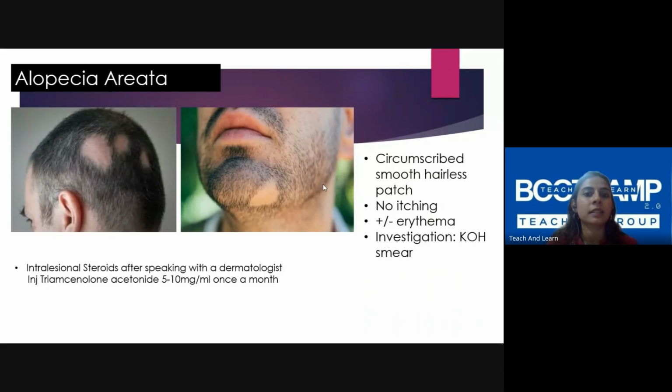Now, next is another type of hair fall, which is alopecia areata. A lot of you guys got this right during the quiz. But one thing that you have to be very careful of is distinguishing this from tinea capitis. So examination comes into play here also. Ask about itching. Are you sure there is no itching? Is there any other lesion similar to this, or anything else in any part of the body? Things like that you have to ask.